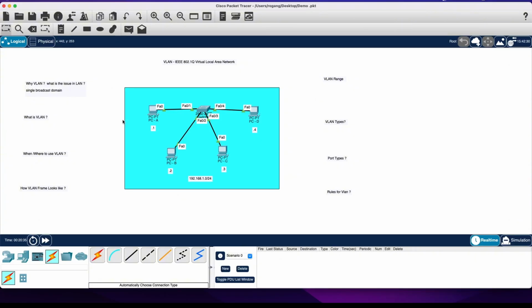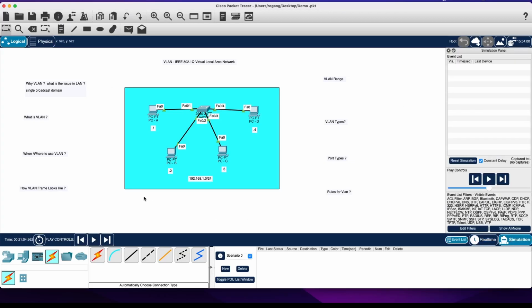So in order to demonstrate the single broadcast domain, I'm going to take this Cisco switch connecting with 4 different PCs with the 192.168.1.0/24 network, assigning 1.1 to 1.4 respectively. And I'm going to ping from PCA to PCD and see how it behaves. So I'm going to put this in the simulation mode first and take a packet, ping from PCA to PCD